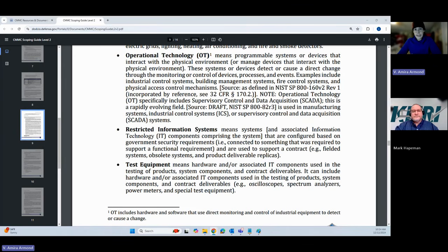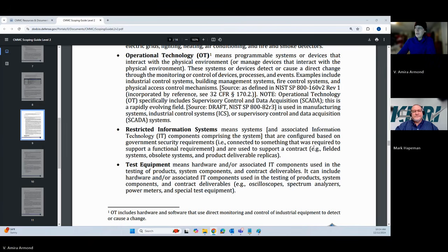I can't apply FIPS or whatever to it because it'll break. Like I tried, it broke. We were down for 2 days and I cannot do it, but I also need it for the contract. And they're like, I just can't get certified because of this thing. And I'm like, hey, there's actually a category for that called restricted information systems.